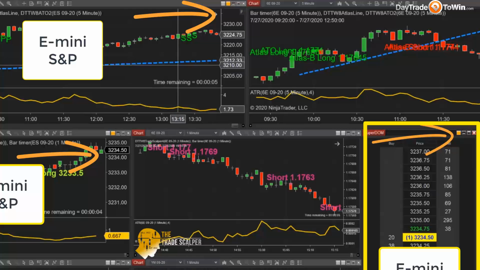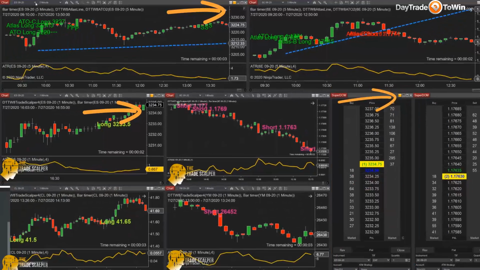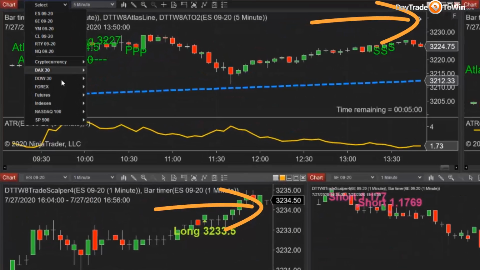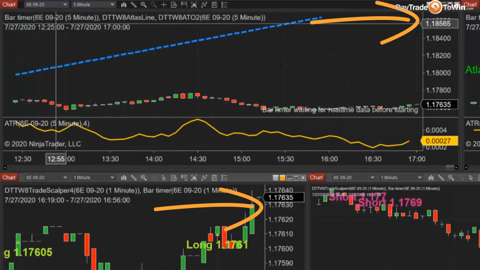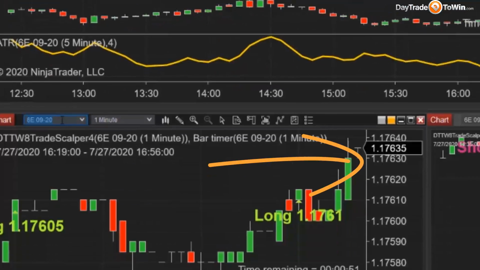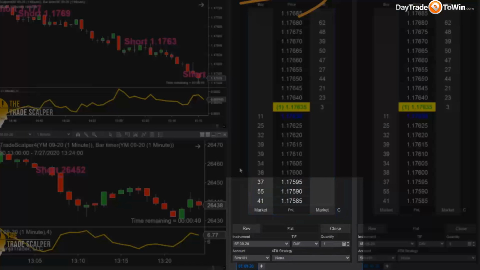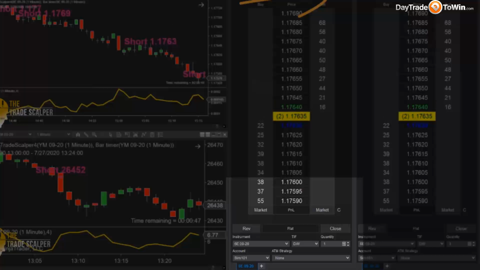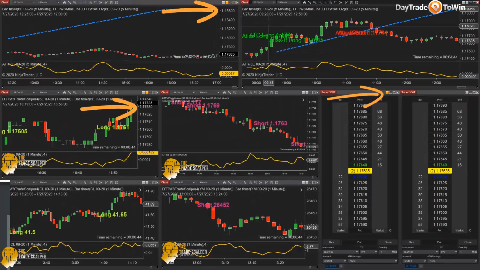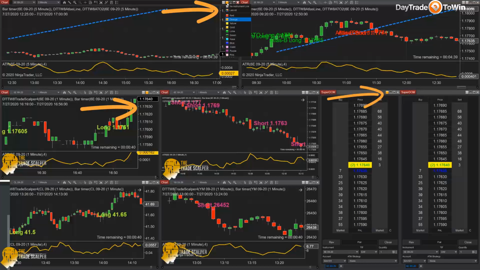So at this point, we should be able to change the instrument. Let's say we want to change it from E-mini to some other futures market. Let's just pick 6E. And sure enough, this switches to the 6E. You can see it in the top left here. Same for this 1-minute chart, and same for the Superdome. But we really wouldn't want to change that to 6E because we already have 6E loaded on this one, and this one, and this one. So you can see how simply changing the instrument link color will cause the instruments to all match up for